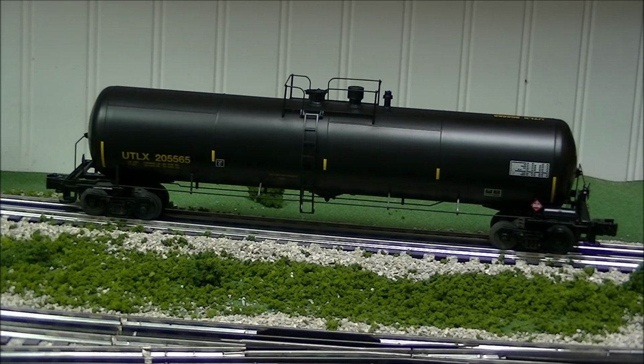You're not going to find a Sunoco tank car rolling down the track today. It's not going to happen. Not that there's anything wrong with having it on your layout, because I own those as well. I just don't run them on this layout. Now going forward,